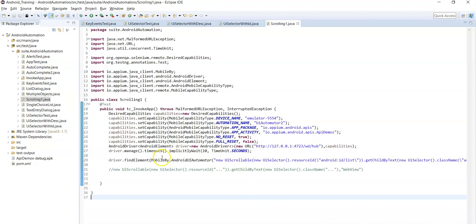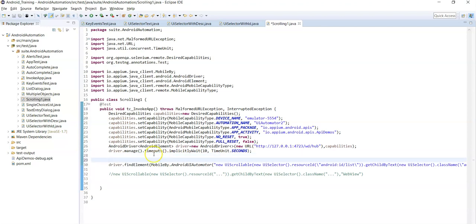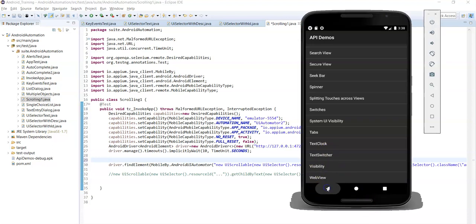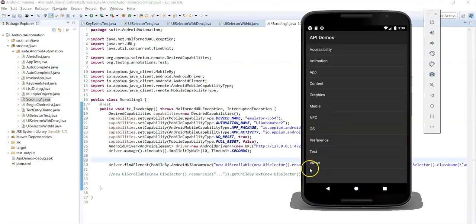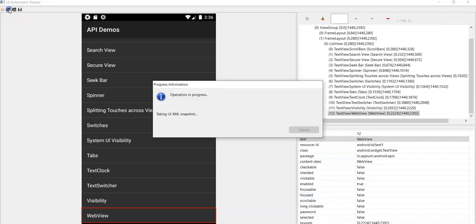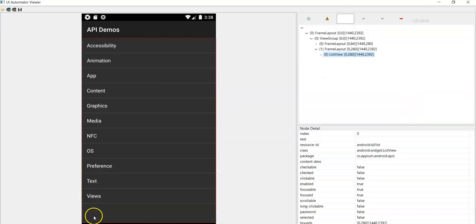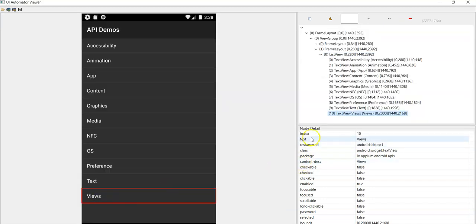Before that, you need to navigate to the views page, right? First step is you need to click on views. So let's identify the unique locator for views. The text attribute value is views, and the content desc value is also views, so you can use either of these two. Let's use the text attribute value.